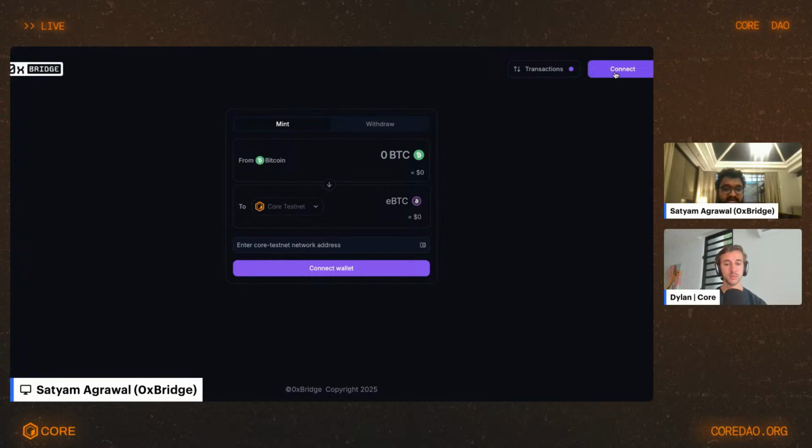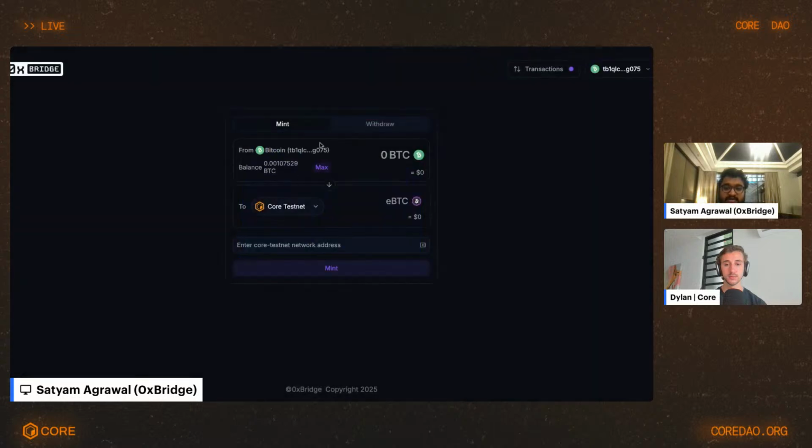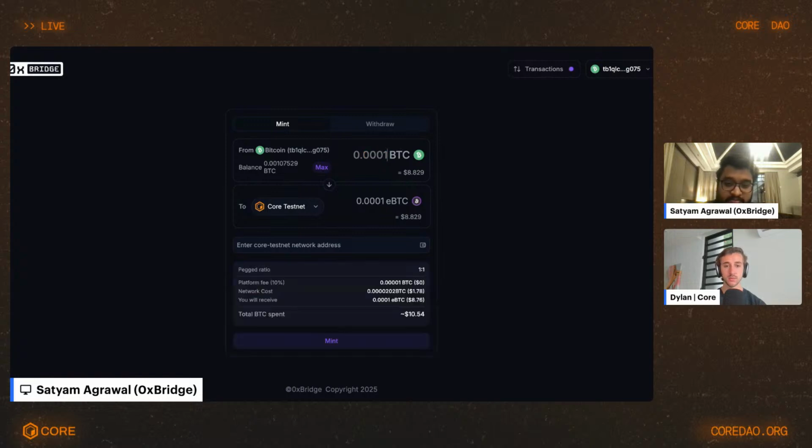And I'm going to start the demo. I'm going to connect the Unisat wallet. If you can see, this is my wallet address, and you can see the balance I have. I don't know whether you can see my Unisat wallet or not, but you can verify that this amount is what I hold in my Unisat wallet as well. And I want to move, let's say, 0.001